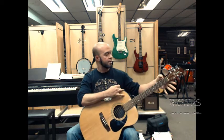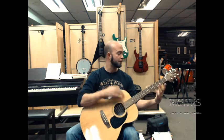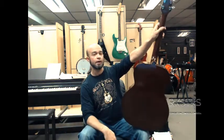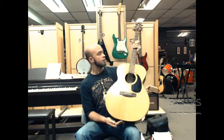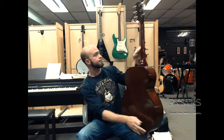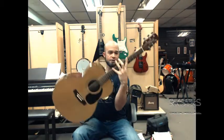Now, I'm not saying you can never use your thumb, because you can, okay? But for the most part, what your thumb's going to do is push on the back, mostly right in the middle, okay? We can move it a little bit that way. We can move it a little bit that way, depending on what we're doing. A couple examples would be that if I'm going for a really big stretch, my thumb's going to be all the way farthest down,